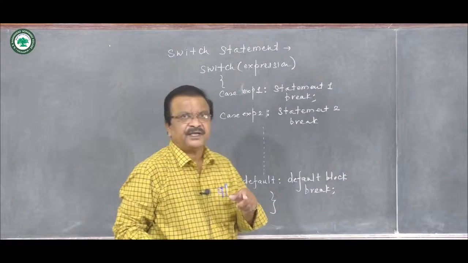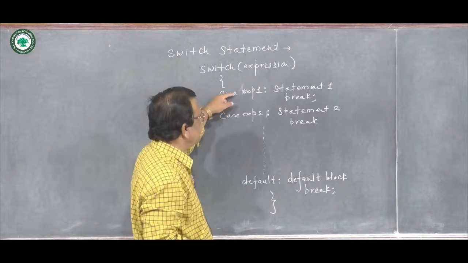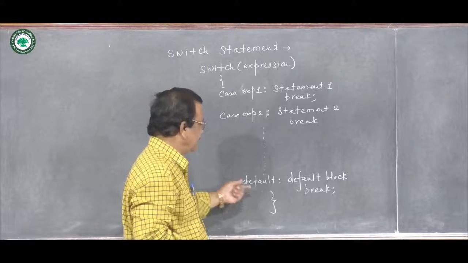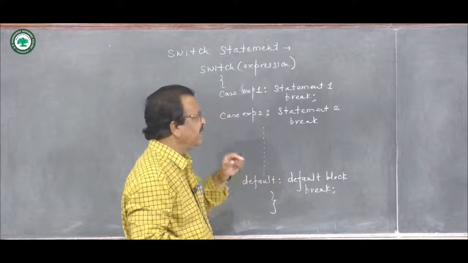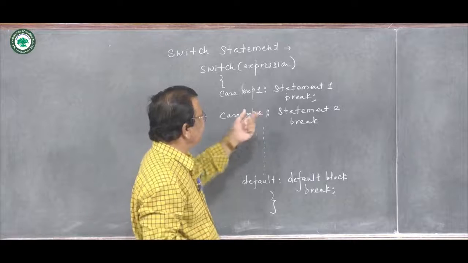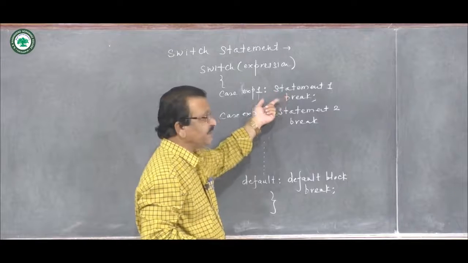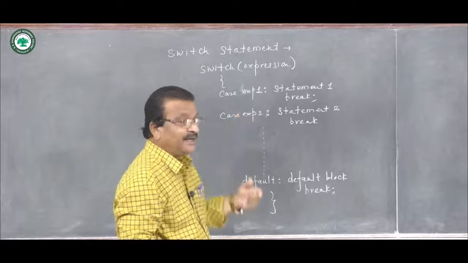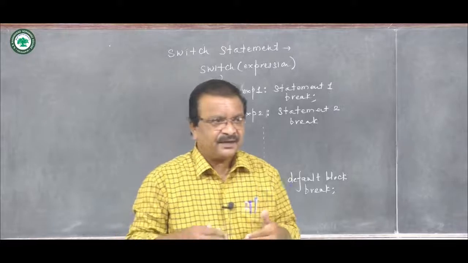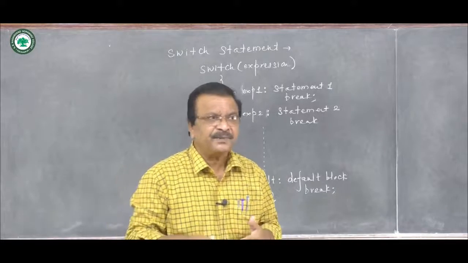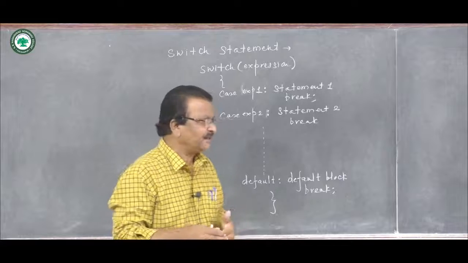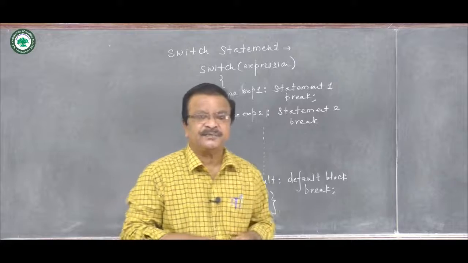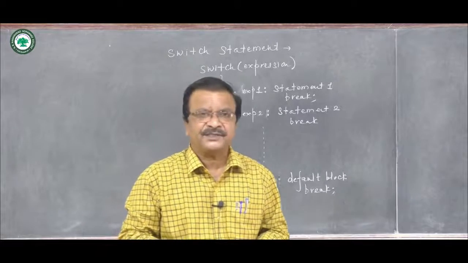So what you are observing here is you are given many alternatives, many groups of statements to be executed. One of them is a default, and in each alternative you are observing that the first statement is preceded by case labels. These case labels are identifiers which identify a particular group of statements and distinguish them from one another, and therefore these case labels used in a switch statement must be unique within a given switch statement.